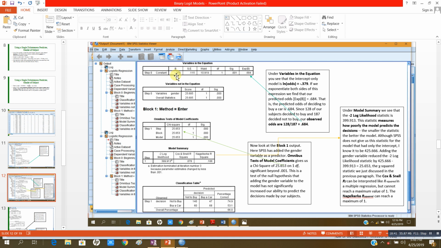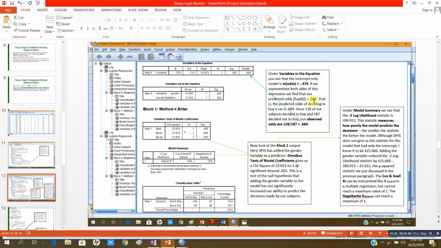So under the variables in the equation, we see that the intercept only model is log odds equal to minus 0.379. If we exponentiate both sides of this expression, we will find that our predicted odds, that is exponentiated beta, is equal to 0.684. That is, the predicted odds of deciding to buy a car is